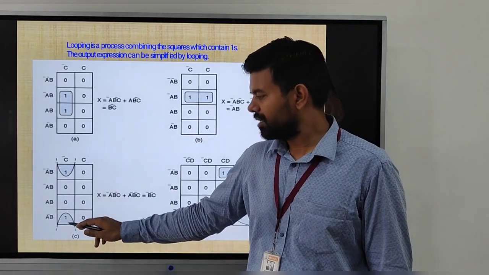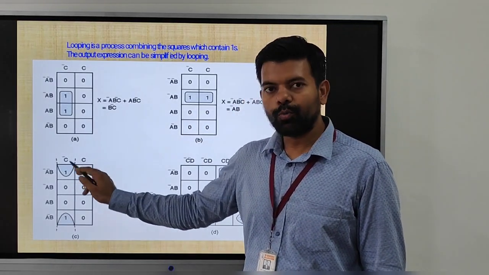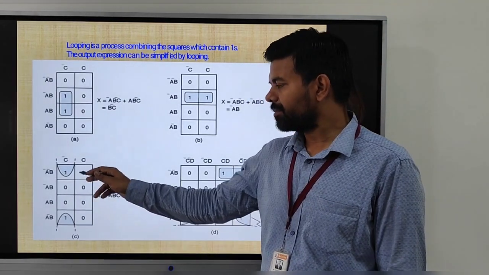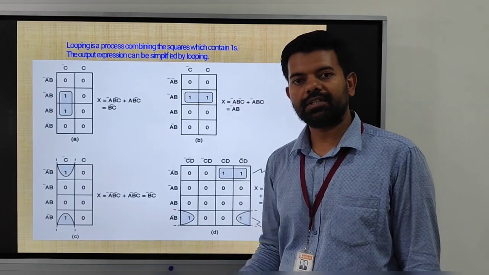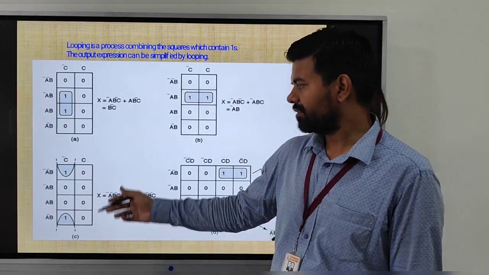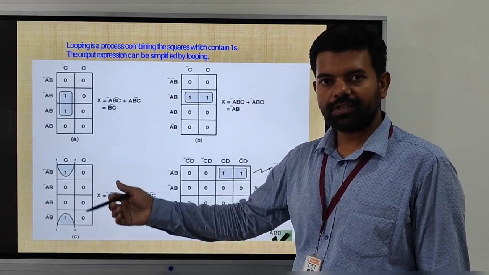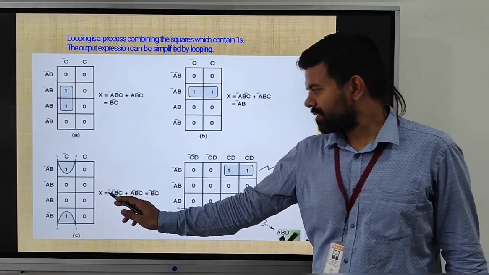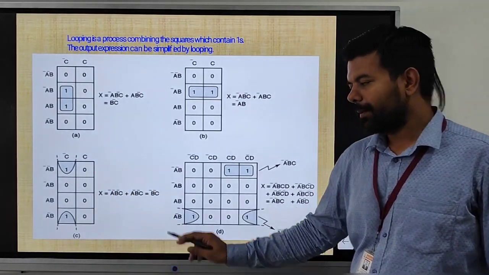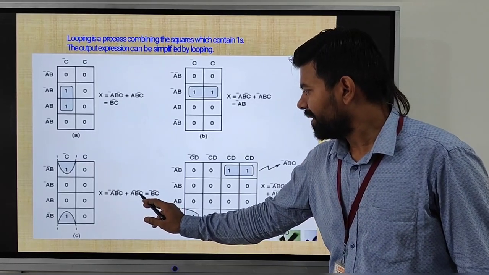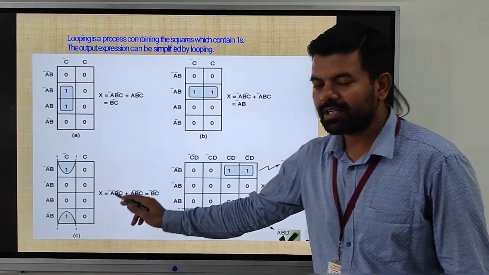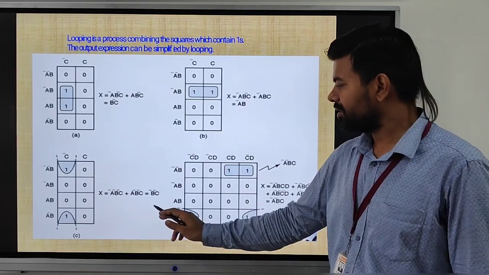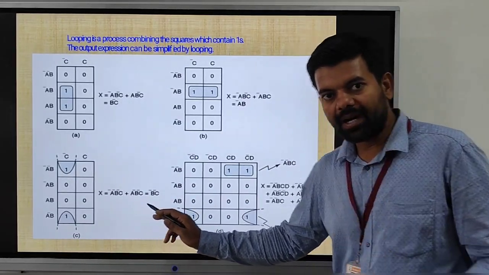Similarly, in this case, this is how we can loop also. This is another method of square looping. We can make it 4 also, and we have the ones in all the 4 corners, but we do not have this. So first we will see the square. Now the normal expression is A bar, B bar, C bar plus A, B bar, C bar. Which variable is changing? This A bar. So we eliminate the A and the final expression is B bar and C.